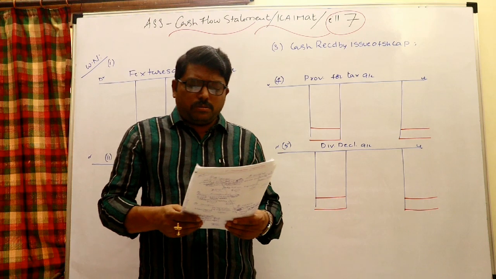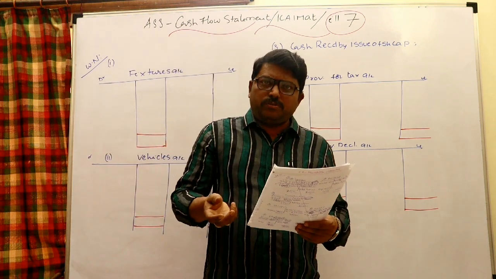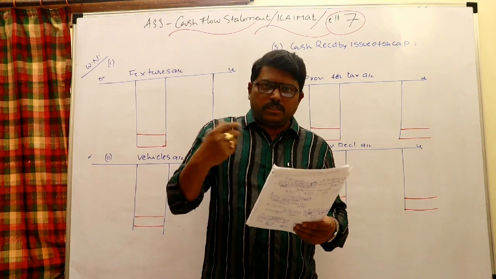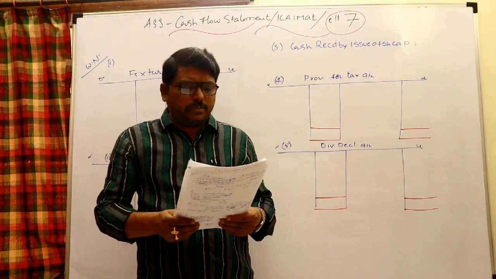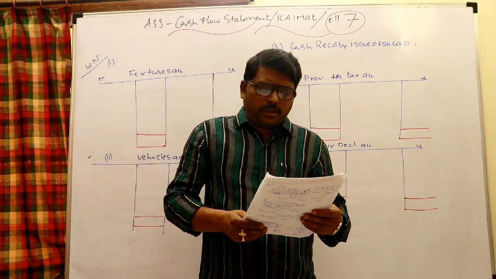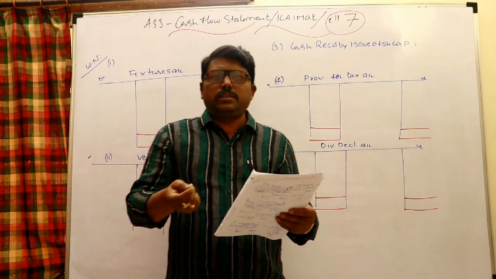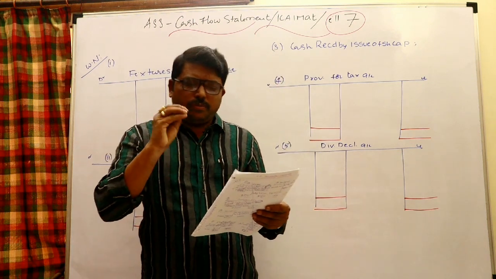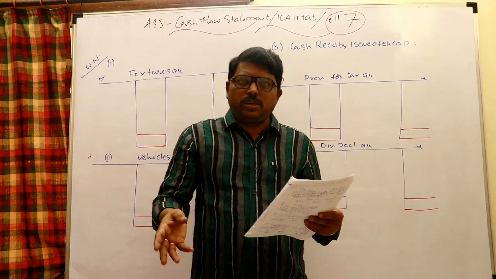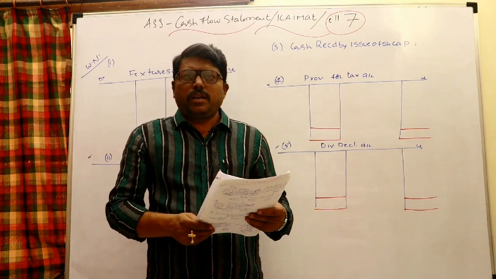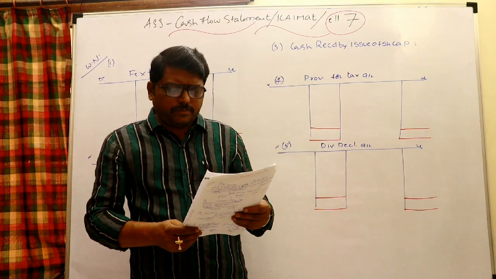Okay, so you can have the fixtures account if there is any sale value missing. Let us say it is given as sold, but the sale value is not given; you can find it out as a missing figure through the fixtures account. Vehicles opening 8,000, closing 12,500, there is an increase. Unless a separate adjustment is there, that 4,500 I can say is purchases during this year. But if any adjustments are related to this, you may have the account, and meanwhile you can check how much purchases and how much sales were done during this year.